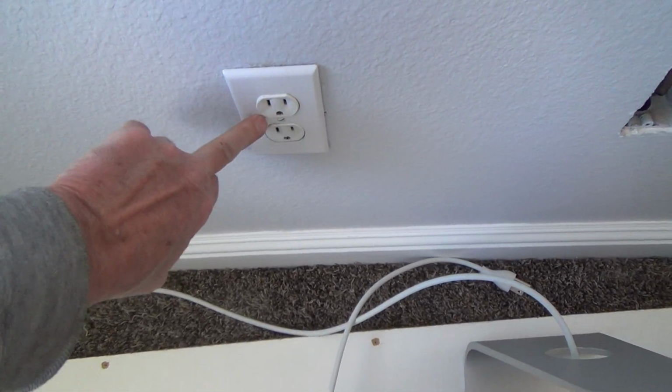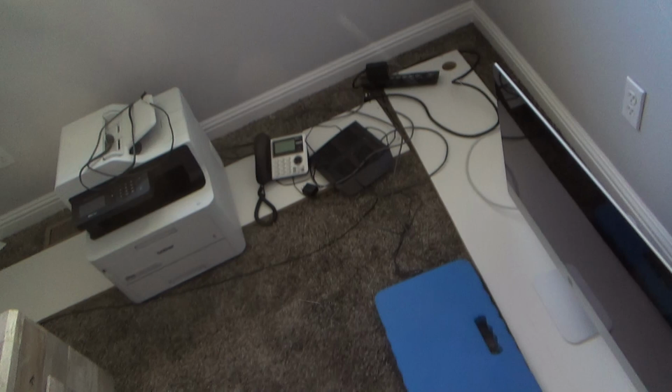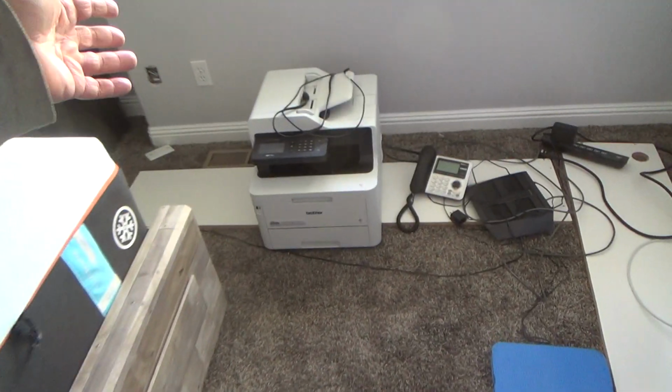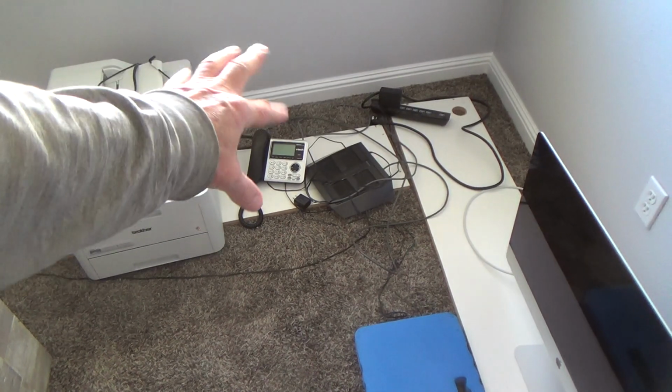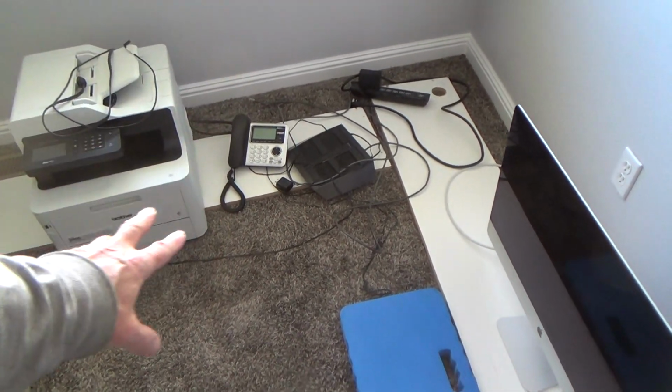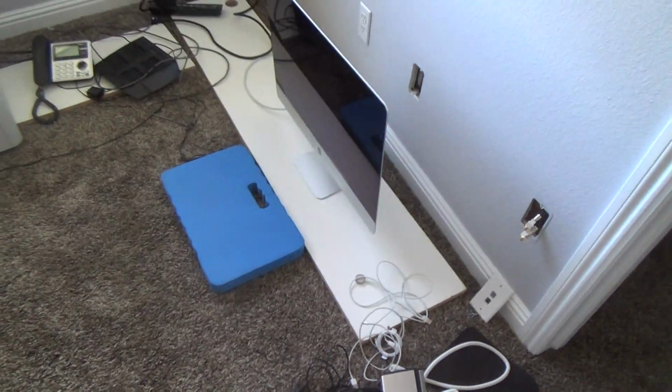And I put the cover plate back on just because I thought Spectrum was going to be here working on all this stuff. And Momi, she brought her computer over, she brought her printer over, all of her remotes, her Netgear modem, and the phone and all that. So when Spectrum's here,